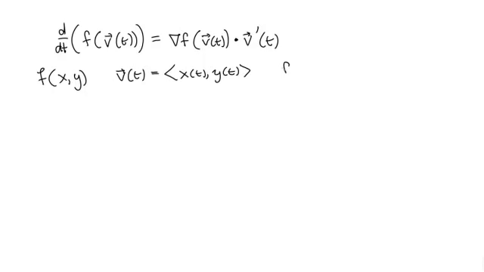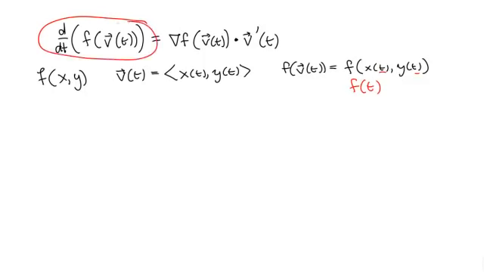So when we actually look at f of v of t, that's the function f of x of t, y of t. We can really think of f as a function of one variable. When we compose it, it's really a function of t. And so the left-hand side of this equation, we can write as the derivative of f with respect to t. And I'm using the d's because this is a scalar valued function. Now, on the right-hand side,